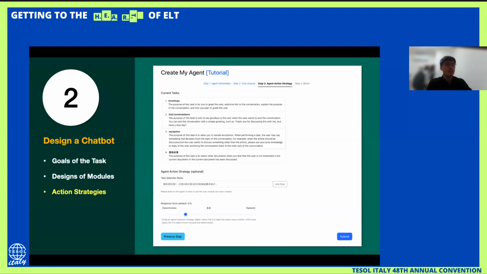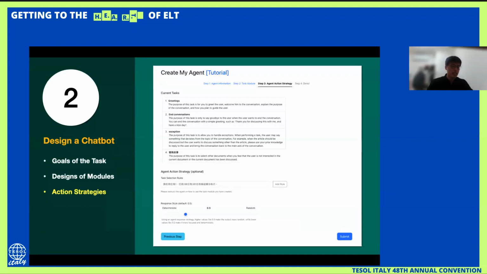The agent action strategies means that the text modules you just set for the chatbot AgiAct to understand what text must be done. But in here, step 3, agent action strategy, you can apply some of the rules for the AgiAct to understand what should be done.